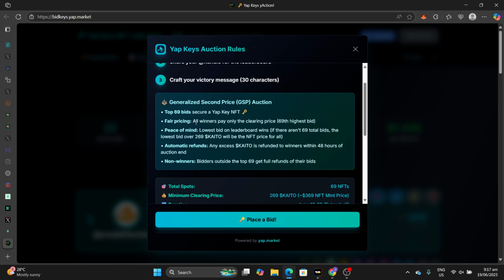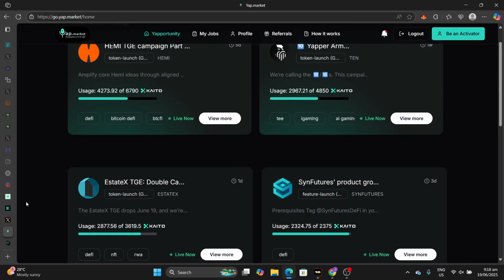So, fair pricing, all winners pay only the clearing price, which is the 69th highest bid. Now, it's very possible. Based on this, let me explain that very quickly. So, say,